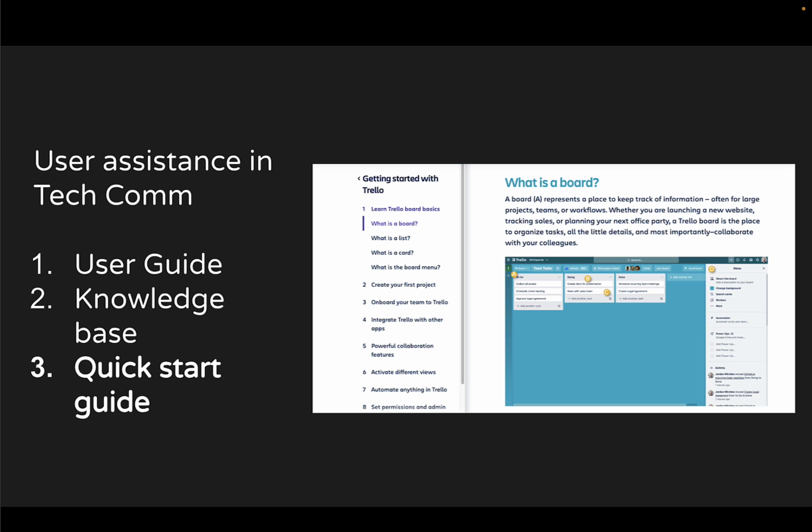So the user guide is a comprehensive guide for a particular piece of software or hardware. And it's comprehensive, meaning it includes everything the user would need to know to use all of the functionality of the piece of software or hardware. You can think of the user guide kind of like the Zen 4 PDFs that were provided to you in